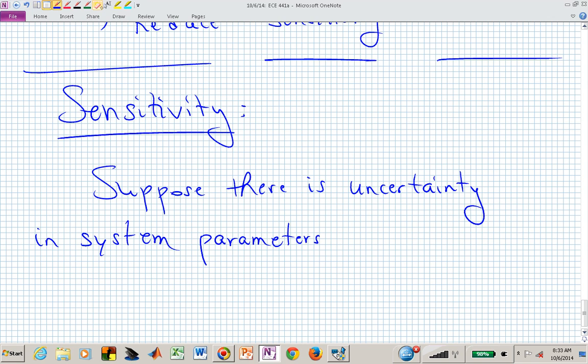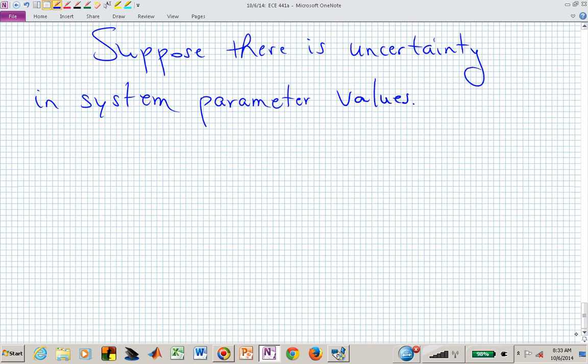And let's say system parameter values. As an example, or for instance, the winding resistance, all of that wire in a motor,